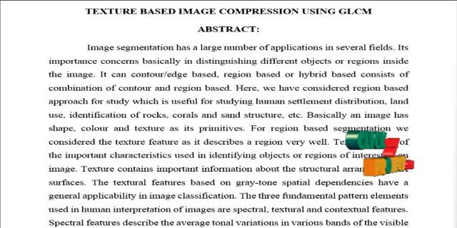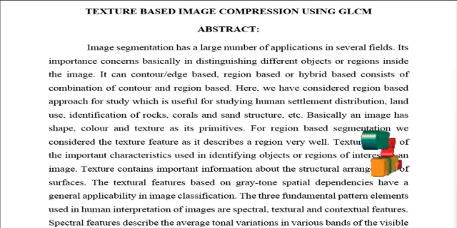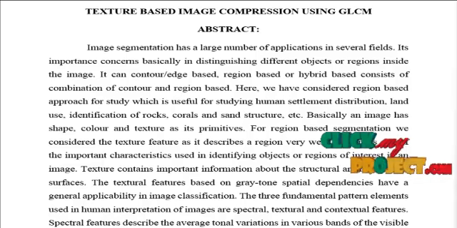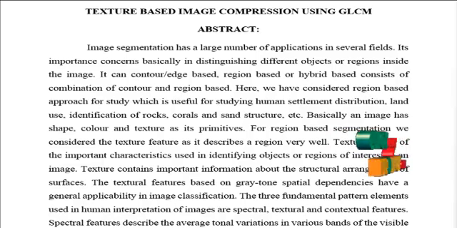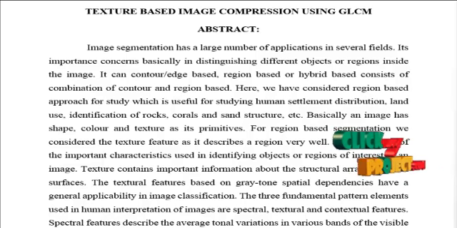Three fundamental pattern elements used in human interpretation of images are spectral, textural, and contextual features. The spectral features describe the average tonal variations in various bands of the visible and or infrared portion of the electromagnetic spectrum. We extract the textural features from the images, which are based on the gray level co-occurrence matrices. The extracted features were then used for the identification of the different regions in the images, which is employed based on